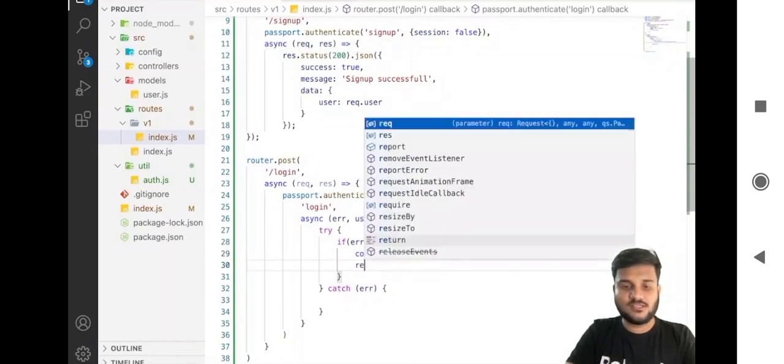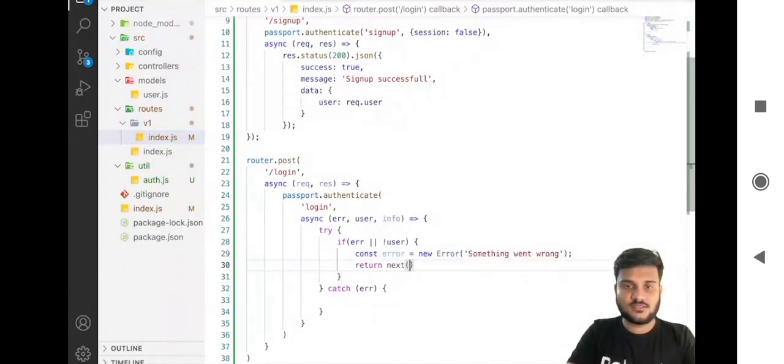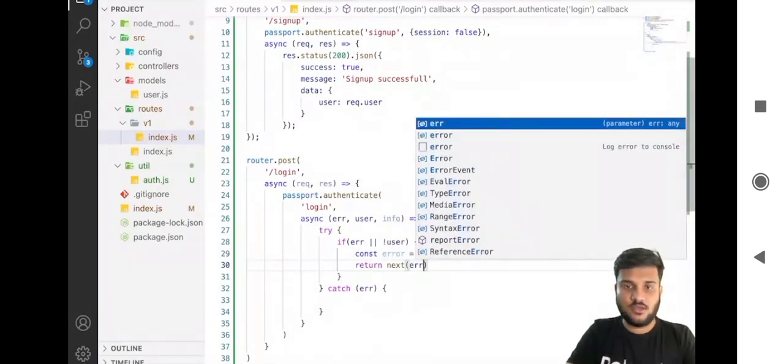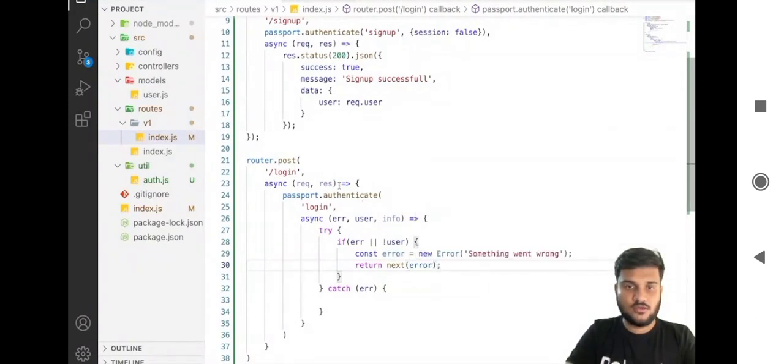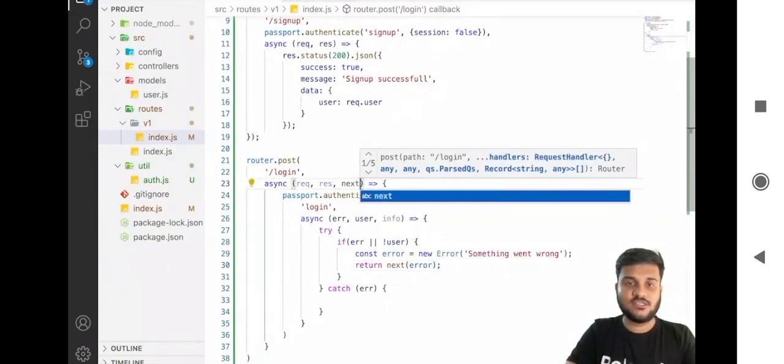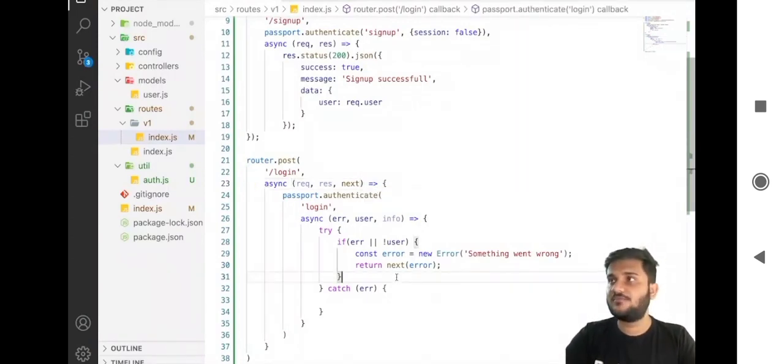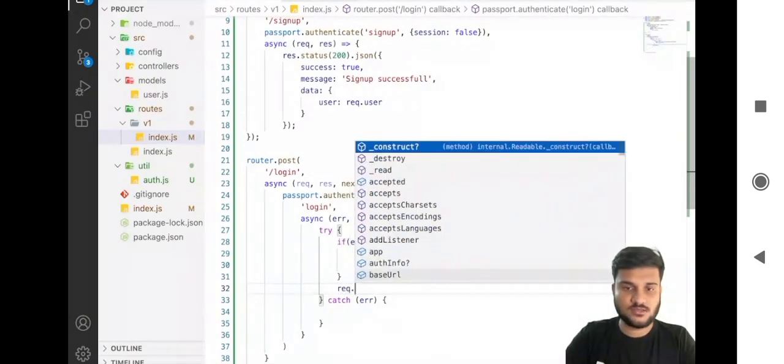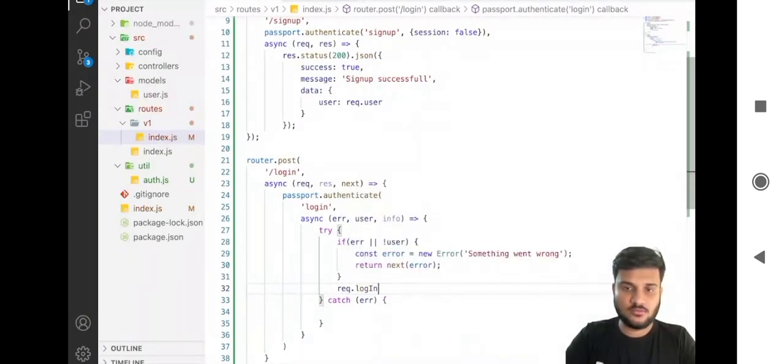Okay, and we'll say return next with the error. So we'll get next here also. Whatever is the next callback that we want to execute, we are going to pass the error there, right? If there is no error, we'll say request.login. Login is an Express method, request.login, and we'll pass the user that we have